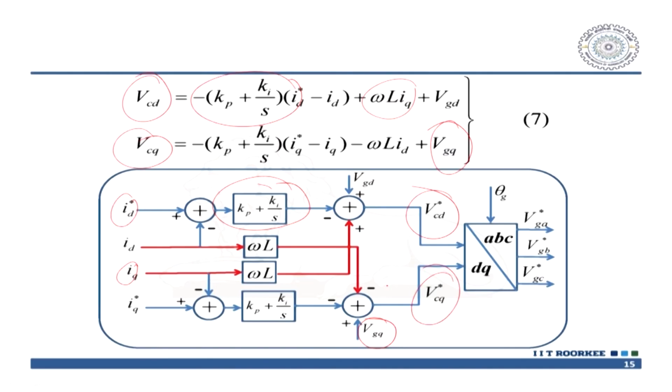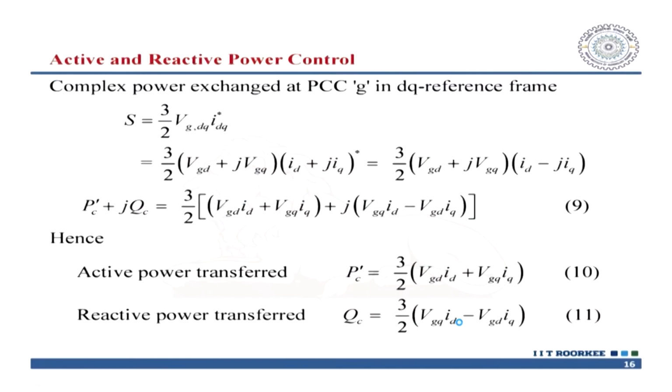You convert with the theta, ABC to DQ frame. Essentially you get the gate voltages for the ABC frame of reference. This is the way to control your grid connected voltage source converter. Now, active and reactive power flow control, that is quite important,